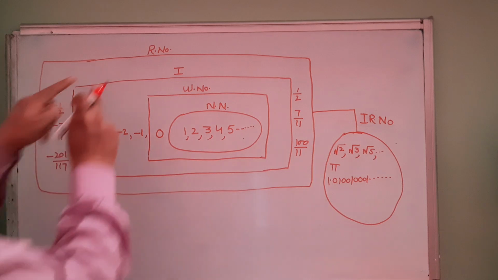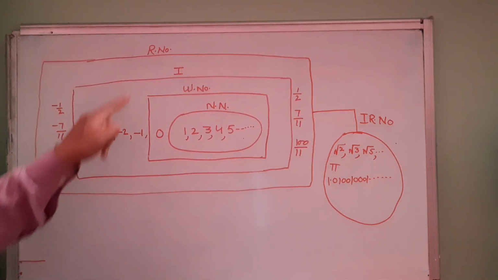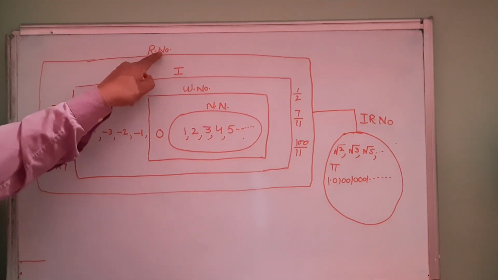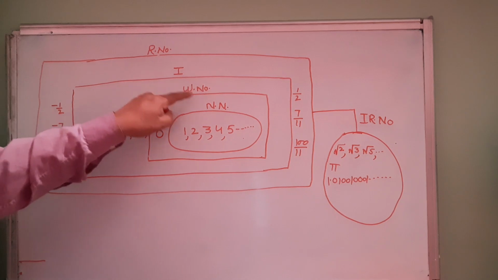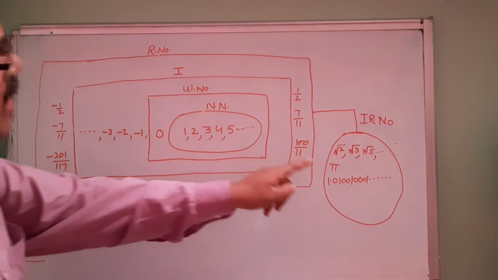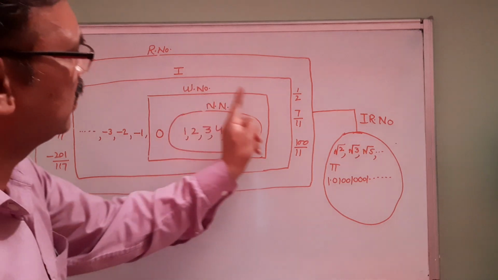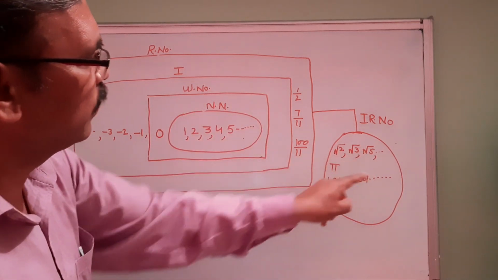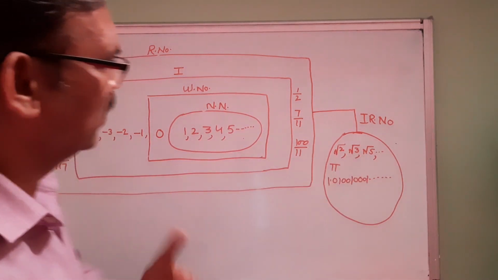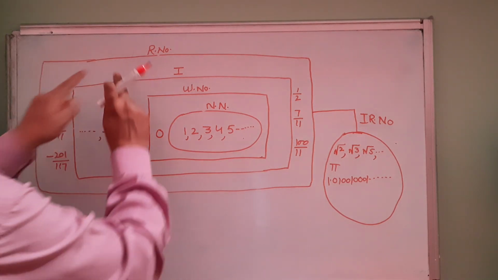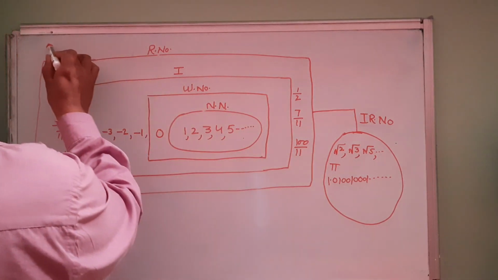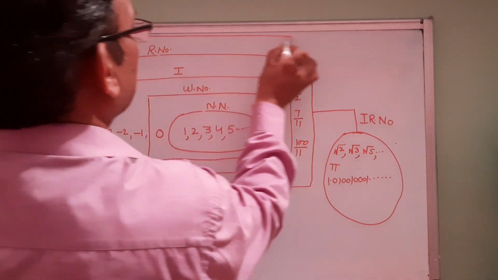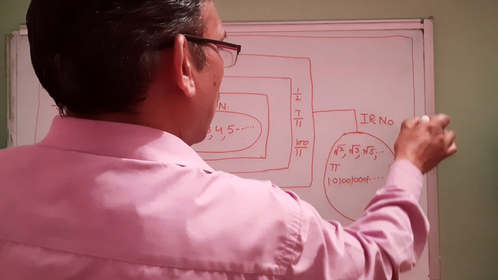Now we have one big box here which contains rational numbers. You understand, rational numbers contain what? Integers, whole numbers, natural numbers. And there is one separate box which is different from these numbers: root 2, root 3, root 5, pi, and some other numbers like this. Now I have this big box and this round box. If I put all these two boxes together in some other big box like this.